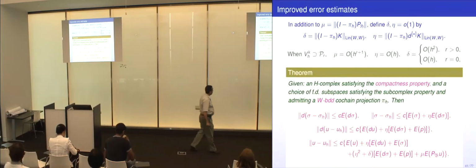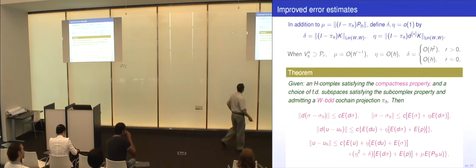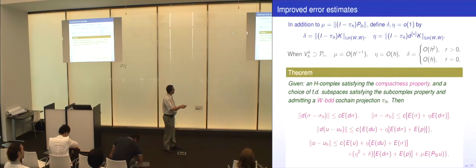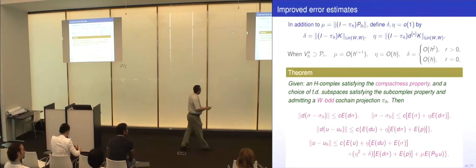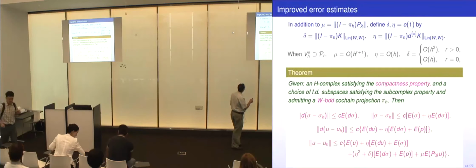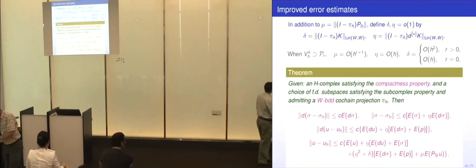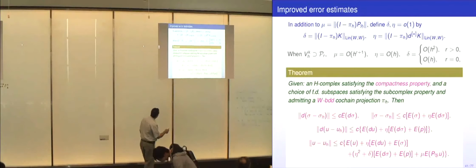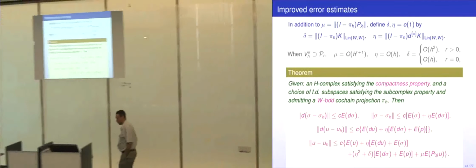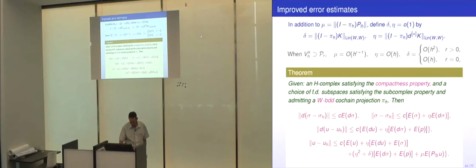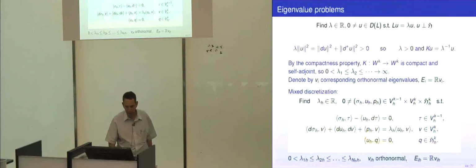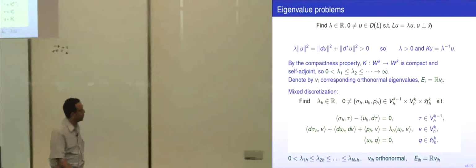So I'm about to start with exterior calculus, but let me just finish up with estimates in the abstract setting. So we proved these improved error estimates, and we got more and more terms coming in as we moved from d sigma to sigma du and then u. And so this u1 is the most complicated one, but it's also good enough for the applications. Now I want to turn to the eigenvalue problem just quickly and make some comments.